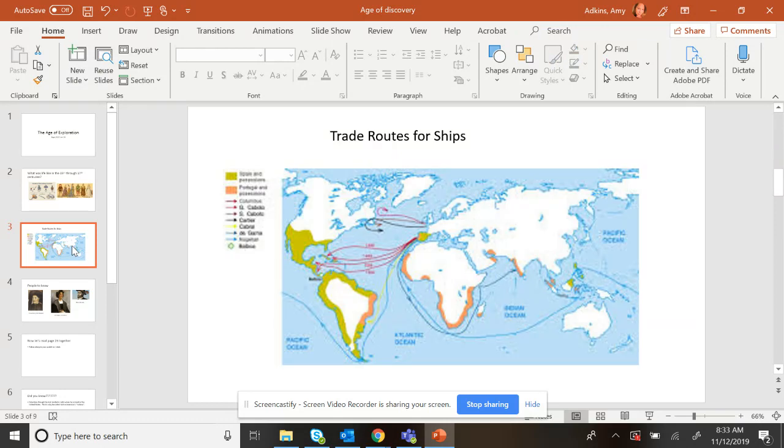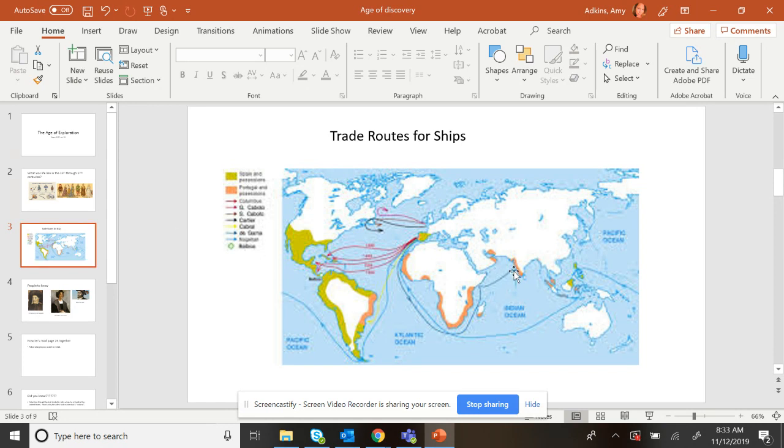And then something that we're going to be looking at in this story talks about trade routes for ships. So remember, there were no planes back during this time period. Ships were the only way to get things from one place to the other. We had already discovered many of the continents, but of course not all of them at that time. And Christopher Columbus had already discovered North America in 1492. So during this age of exploration, he was a great explorer that we'll also talk about.